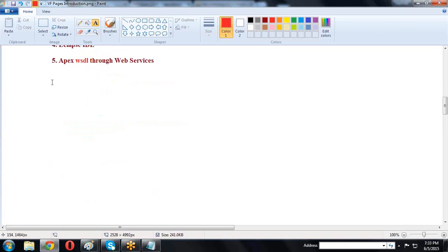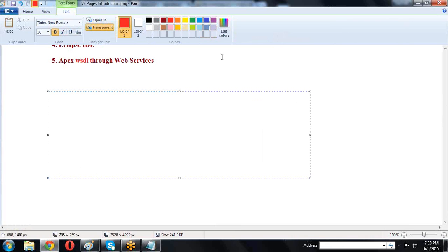Standard navigation. What is standard navigation? How do we navigate using standard navigation?